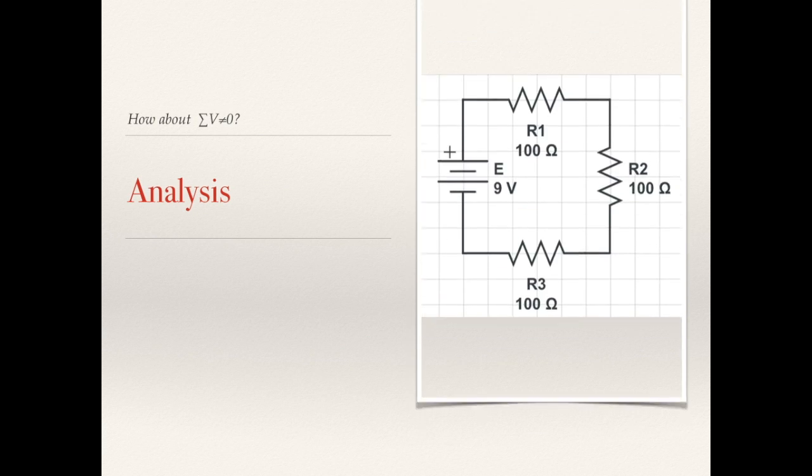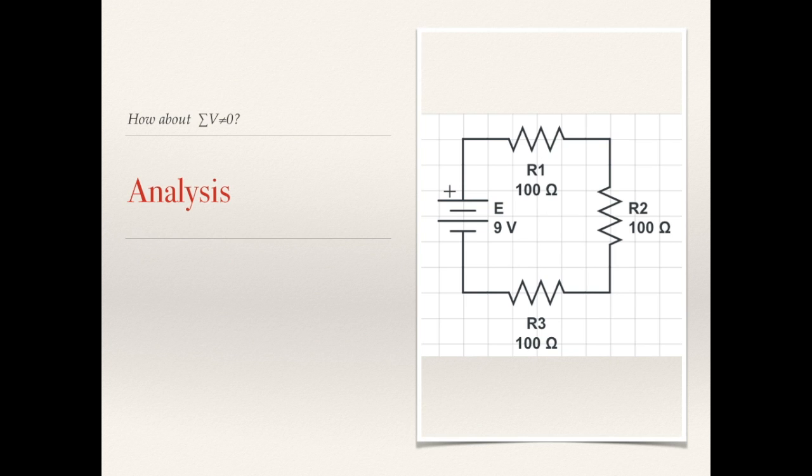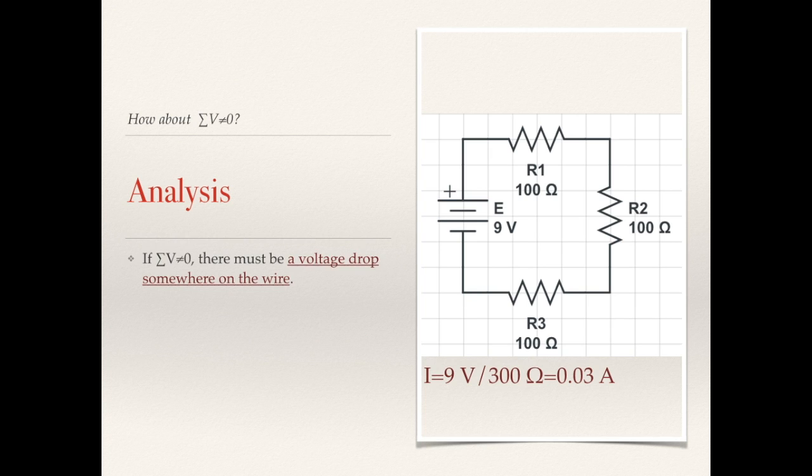Let's go for a further analysis of why this is right. What if the sum of voltage drops does not equal zero? Assume we have the diagram on the right-hand side here, a circuit with a voltage supply of 9 volts together with 3 resistors in series. Each of them has a resistance of 100 ohms. The current in this circuit can be calculated easily using Ohm's law, 9 volts over 300 ohms, which is equal to 0.03 amps. And assume the sum of voltage drops in this circuit does not equal 0, which means